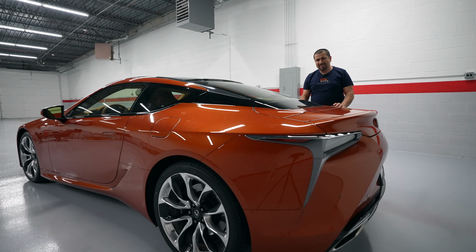And then when you drive this thing slow, the transmission is clunky. Now it is leaps and bounds better than the 2018 model. Over the years they kept improving on the transmission programming, but when you drive it at low speeds, unless you're really driving slow, it just is clunky. It just keeps shifting up and down, and the shifts are not smooth sometimes. If you drive very hard, it's perfect. If you drive really slow, it is okay, but normal driving is a little bit